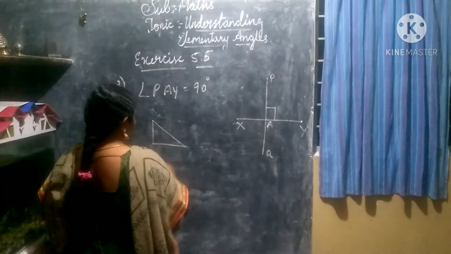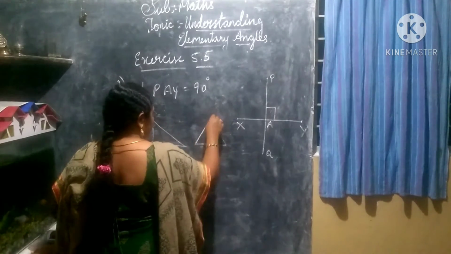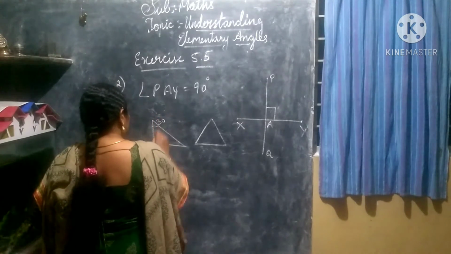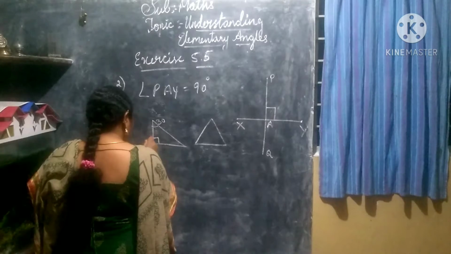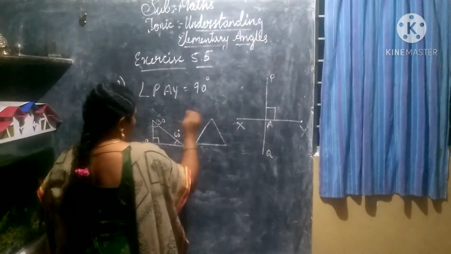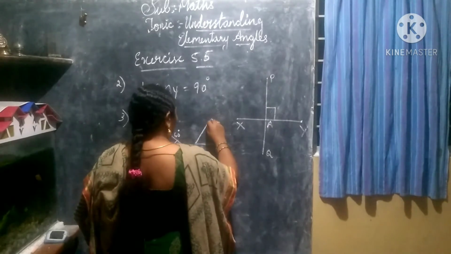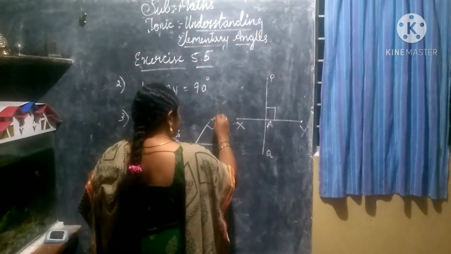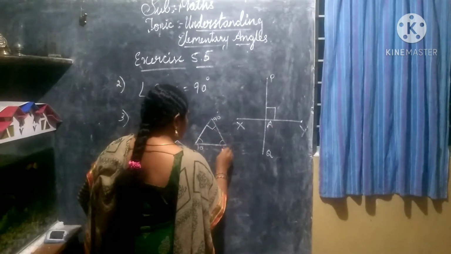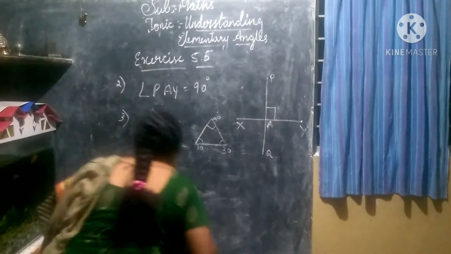One set square is like this and the other set square is like this for us. Here one is 30 degree, one is 90 degree and the other is 60 degree. This is one set square. Here one more we have, this is 90 and this is 30 and this is 30. So we have two set squares of this measurement.